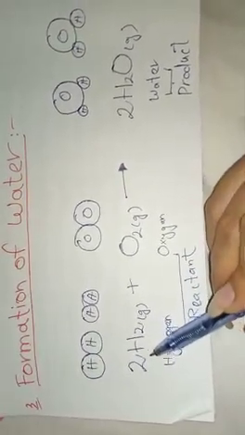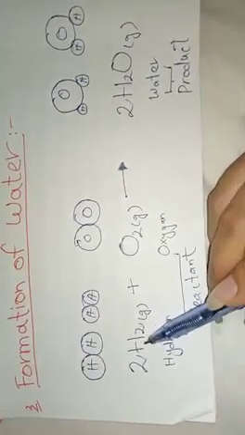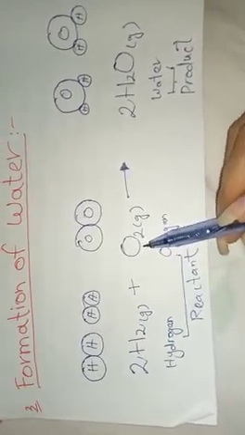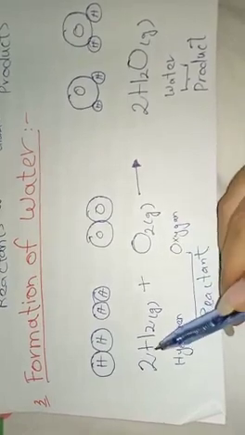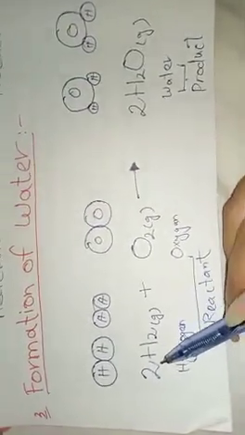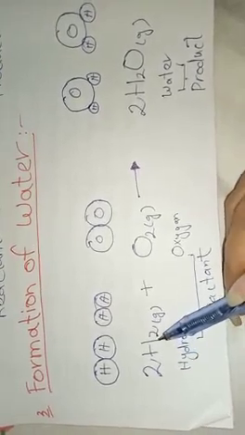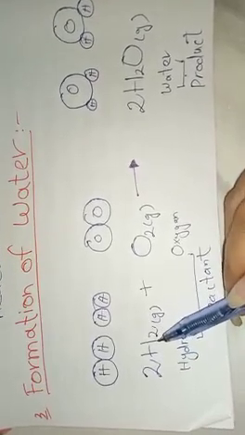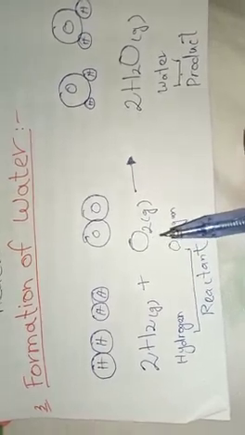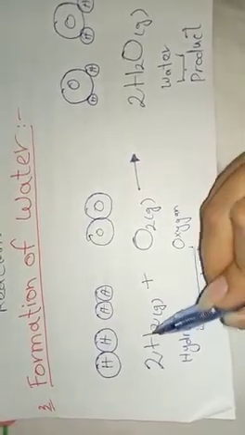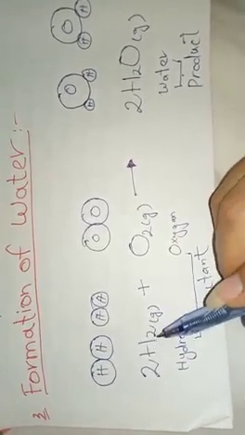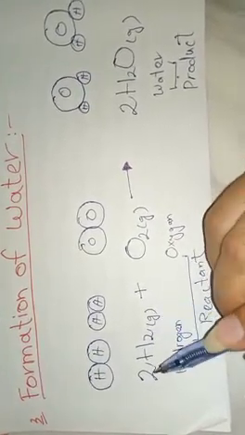Here 2 moles of diatomic hydrogen, that is H2, in gas form reacts with 1 mole of oxygen. Now class, what is meant by 2 moles of hydrogen gas? It means that 2 molecules of diatomic hydrogen react with 1 molecule of diatomic oxygen. Just look at this. Here the total number of hydrogen atoms is 4. So class, just look at this: 2 ones are 2, 2 twos are 4.